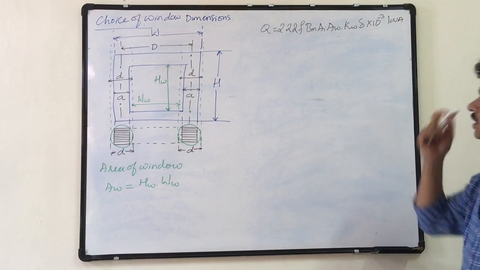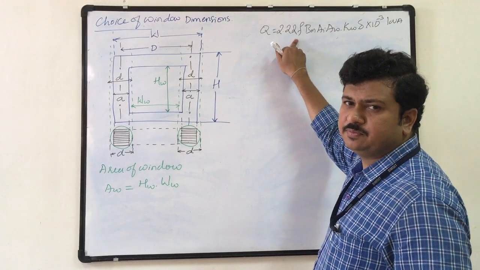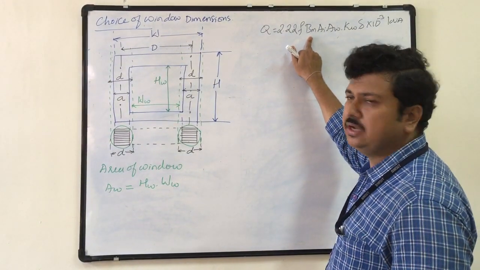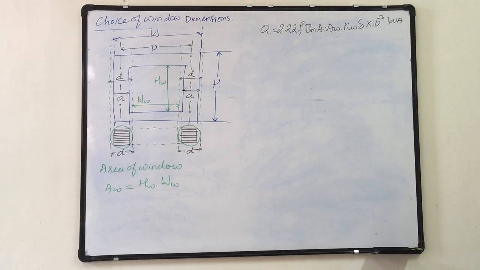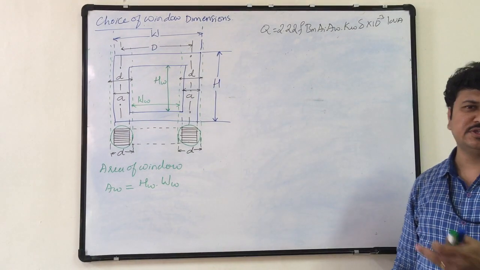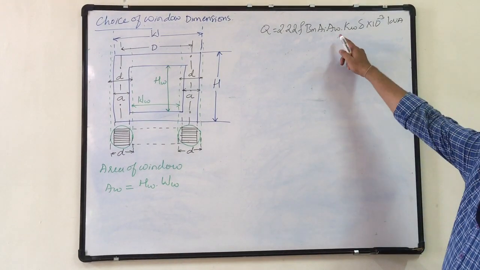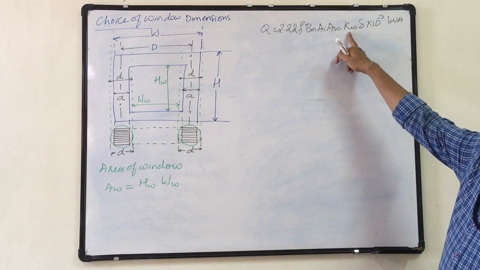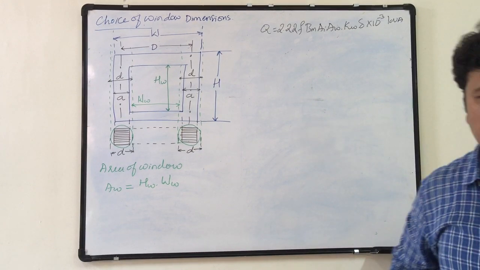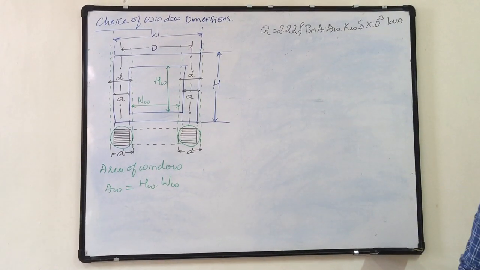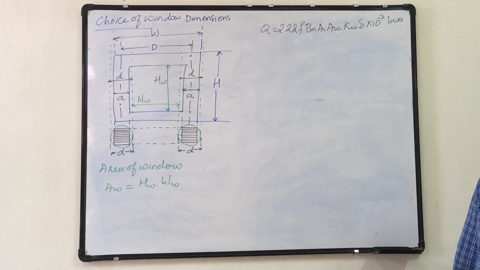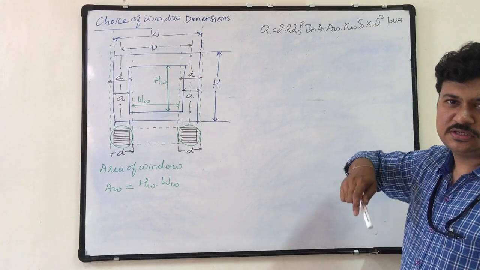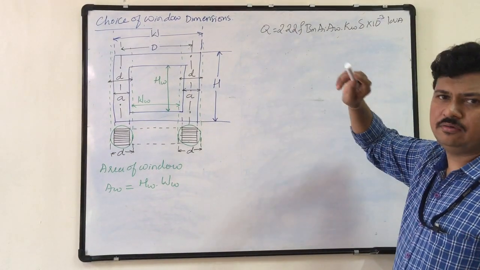So I will get the value of frequency from the specifications. BM value I will be fixing it. AI value I will be obtaining from the type of the core I use. That is, for 2-stepped core it is 0.56 d square, for 3-stepped it is 0.62 d square, and so on. Then KW I will be calculating from the equation, that is 8 divided by 30 plus kV, 10 divided by 30 plus kV, or 12 divided by 30 plus kV, depending upon the power rating. Delta is the value that is fixed. So Q is the known value.